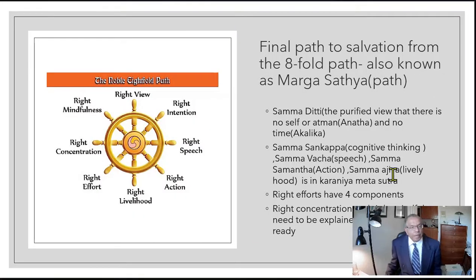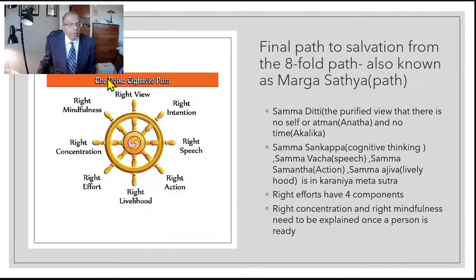And the solution, the salvation that I want to touch on, is how you can come out of this. There is a final path to salvation, the eightfold path Buddha told about last, within the four noble truths. He said there are four components: dukkha satya, samudaya satya, dukkha nirodha satya, and magga satya. Magga is the path to getting enlightened, and it is right here, the noble eightfold path. You must develop samadhi, purification of the view. There is no self or atman, because it becomes a barrier. Buddha will explain that there is no self in this. If you imagine there is a self, you cannot follow this path.